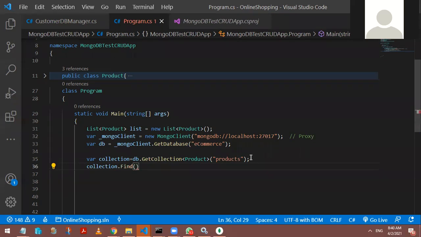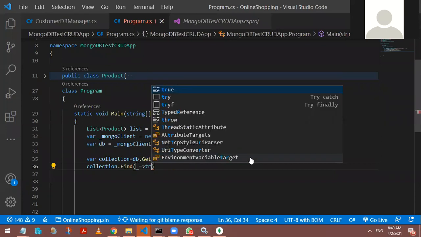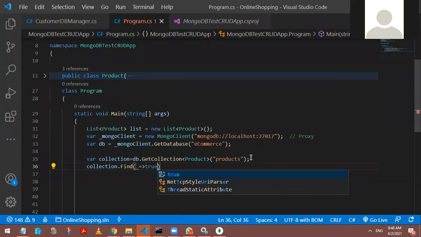If you get the record, I'm writing here something like underscore equal to angle bracket. What is the symbol? Can you just look at this symbol? Underscore lambda expression true. If you find, then get that into the collection called ToList. That's a simple thing. And once you get the collection, can you iterate for every record? So can I use an extension method for it? ForEach.